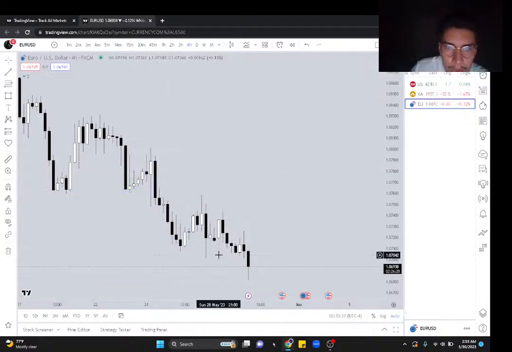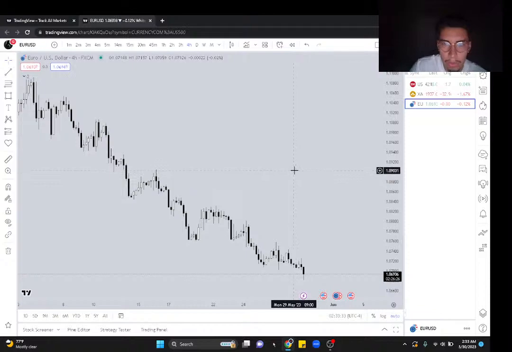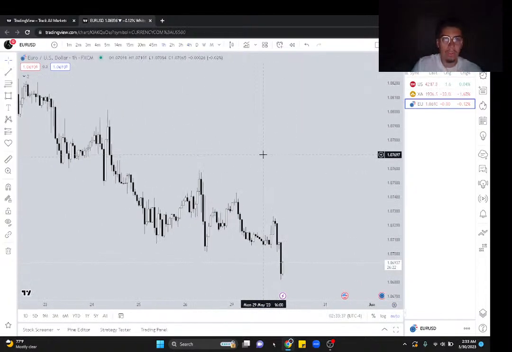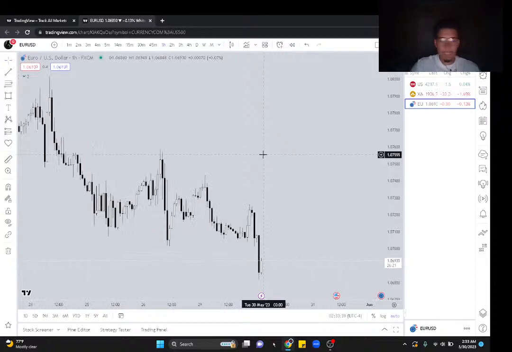Price then drops down here. We can't really see much on the H4. So H4 doesn't give me enough structure for me to focus on. H1 does, right? So when you're looking at structure, you have to ask yourself,